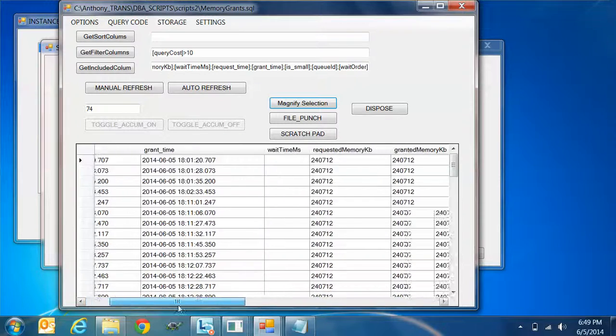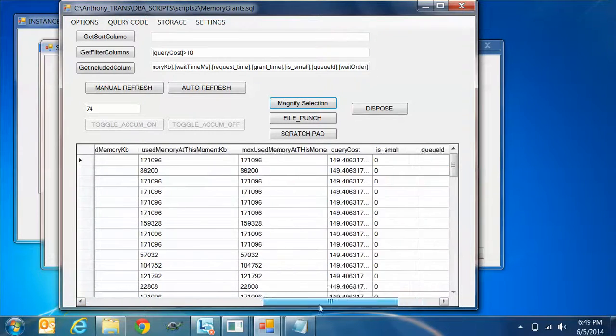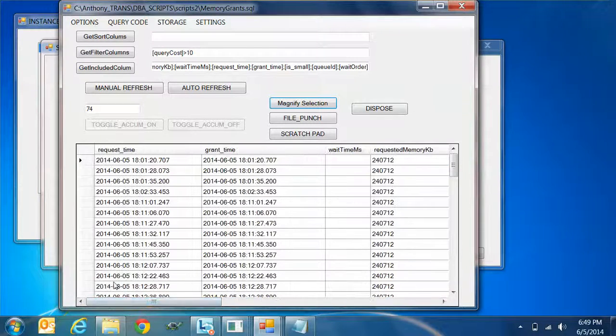We can decide, we know the query, we know how much is required, and you can track this against other requests, and you may start to limit the degree of parallelism. You may start to limit how much memory, maybe through the resource governor, so you have possibly more throughput for your system. So memory grants is something you should always watch out for. You should obviously track, and you should monitor,